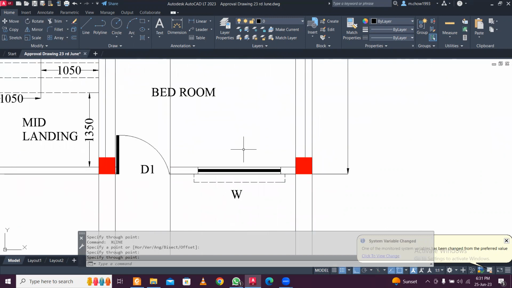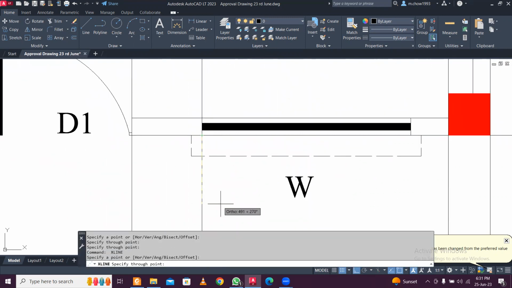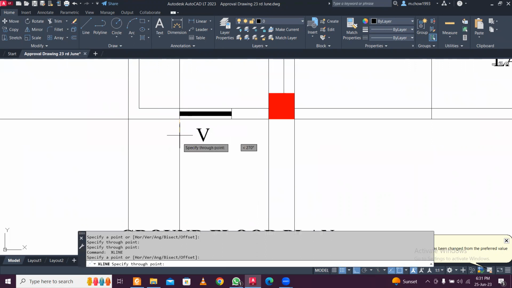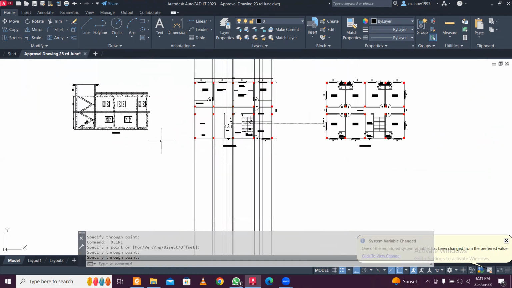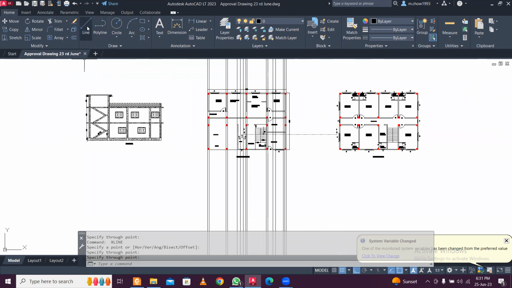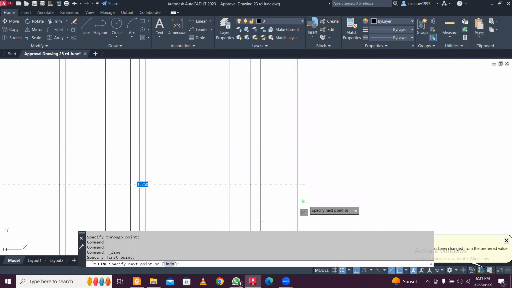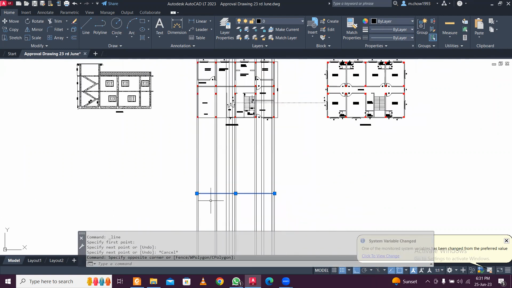Okay, and also the window location let me mention. So let's take a line. We take a line here, and this will be our ground